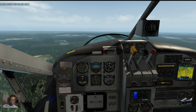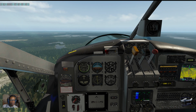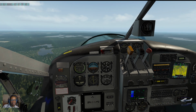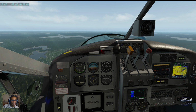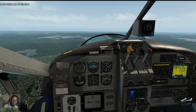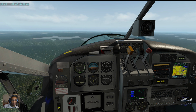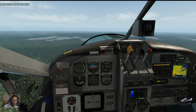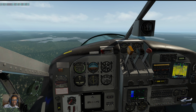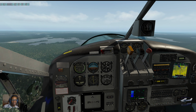I am within 30 miles of this. No, I'm not. It says 63 nautical miles, but this outer ring in the United States generally is a 30-mile radius from the airport. Yeah, 30 miles from the airport once you get to it. Maybe it's different in Canada, I don't know, but hey, anyway,